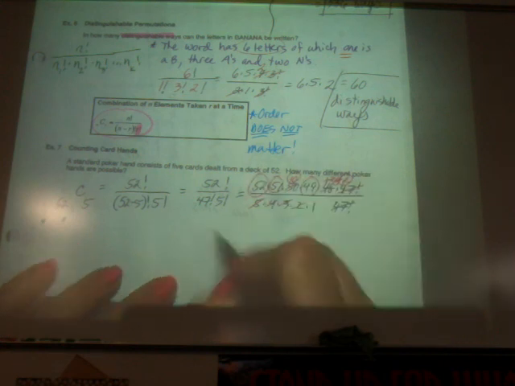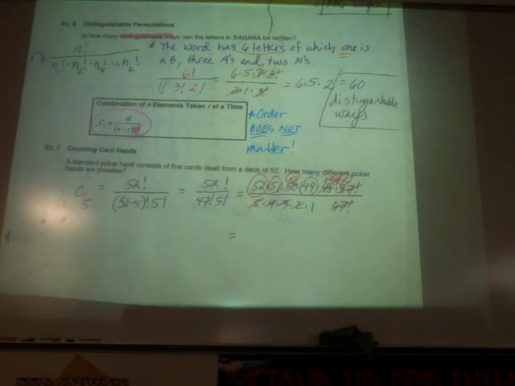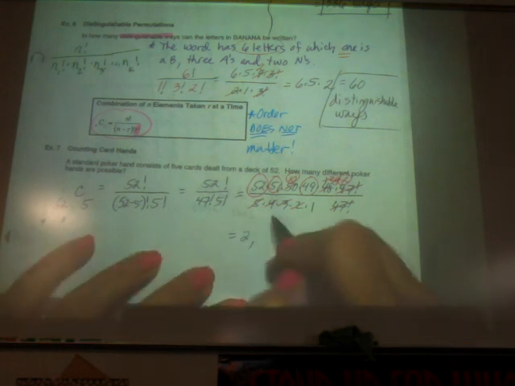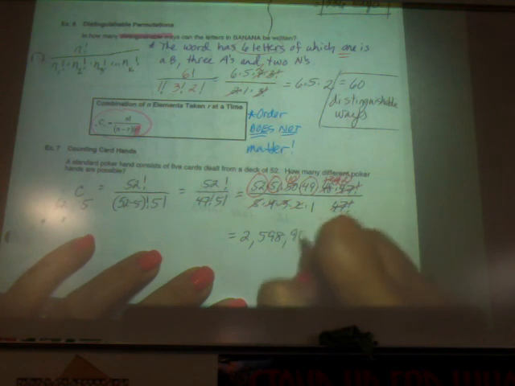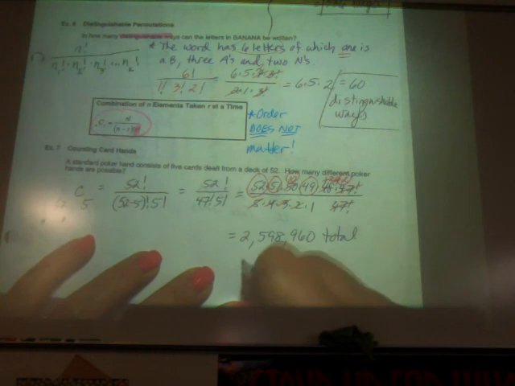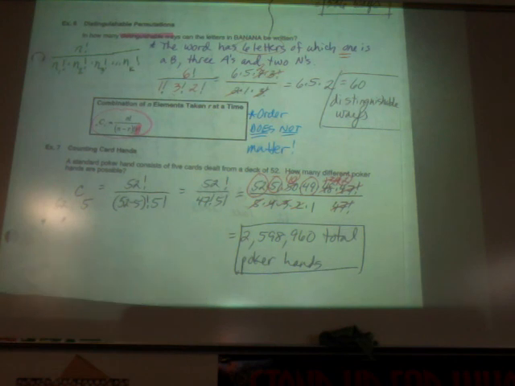If you multiply all of those together, you get 2,598,960 total poker hands. Now that doesn't mean they're all good hands, right? That's your total. Now you might want to see, how many royal flushes would you have in there? Well, then you have to figure that out. We won't get that specific. But your homework is